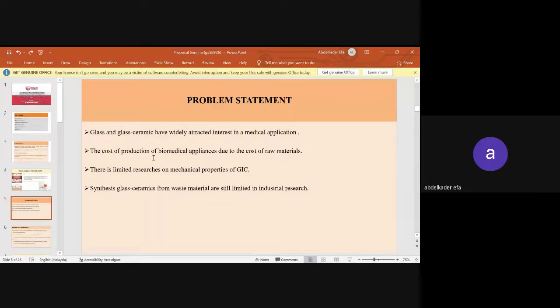The cost of production of biomedical material, especially in dentistry, is high due to the cost of raw materials. The use of clamshell and SLS waste material in the fabrication of calcium aluminum fluorosilicate glass can reduce the cost